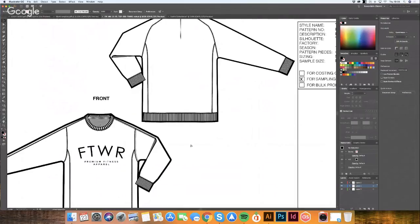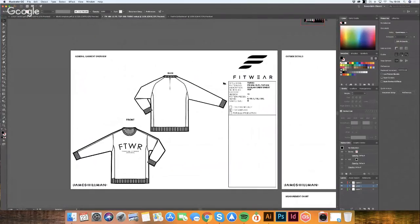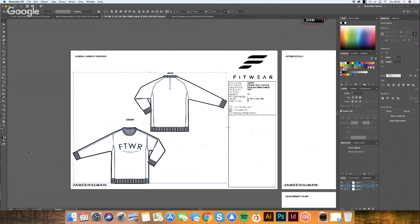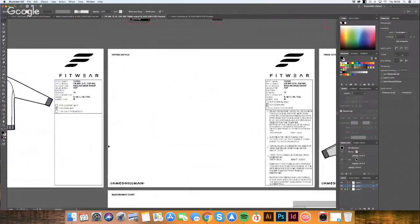Now, when I'm starting, I will always not put anything on the front page apart from those details. The reason is I just want them to look at it and go, right, it's a top, and then there's some details on there. Now, the next thing I will do, let me just lock this down. The next thing I will do is drag this to the next page, which is